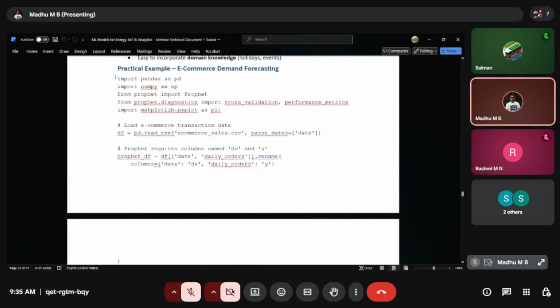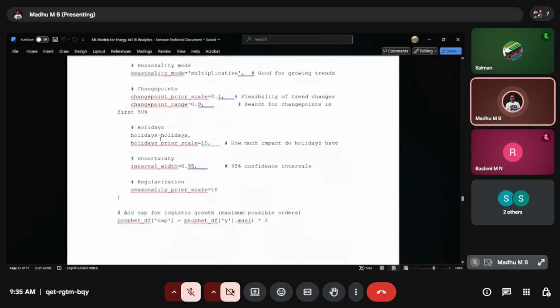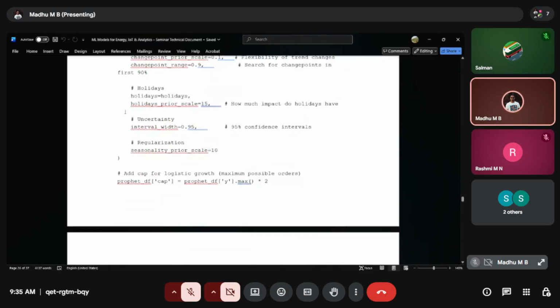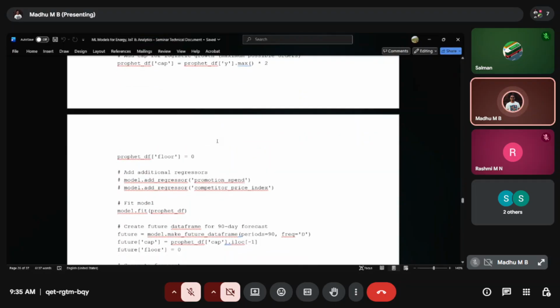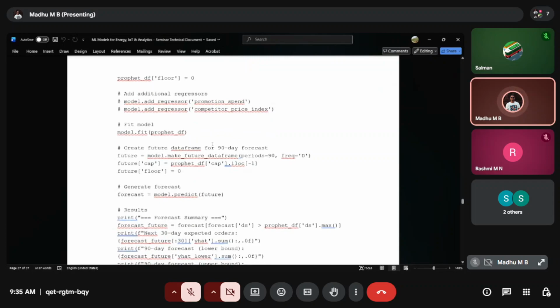For example, try to learn what exactly pandas is, what numpy is, and here Matplotlib. Once you understand what these libraries are, whenever you call them inside your code, you will understand what exactly they are doing.